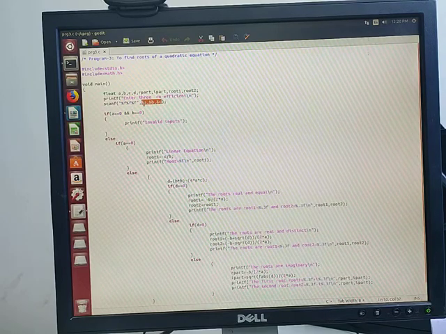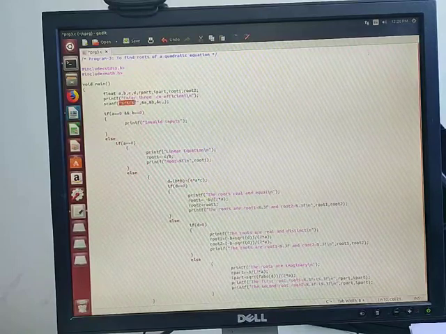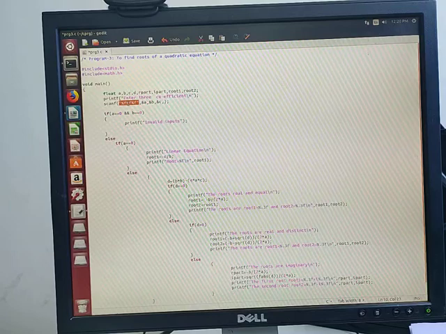Here we are reading 3 values, so there should be 3 percentage f's here. Percentage f for a, percentage f for b, percentage f for c. This is how we need to input.